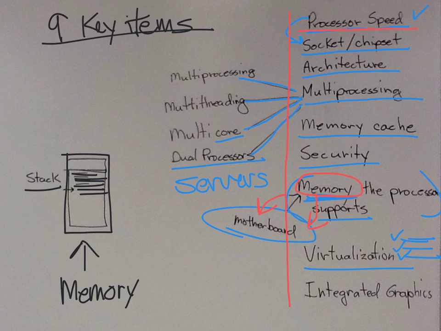And then integrated graphics. You need to be aware of what integrated graphics are built in with the processor. Okay. And so we looked at some other terms: registers, arithmetic logic unit, control units, and so forth in the processor. So we've got a good start on the chapter,